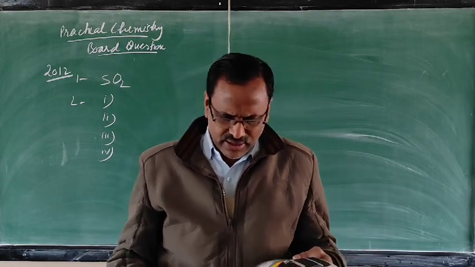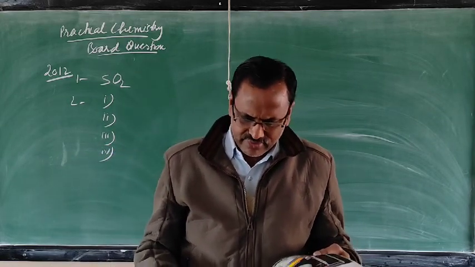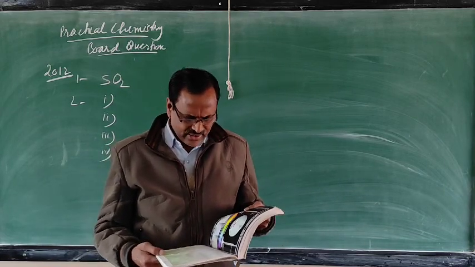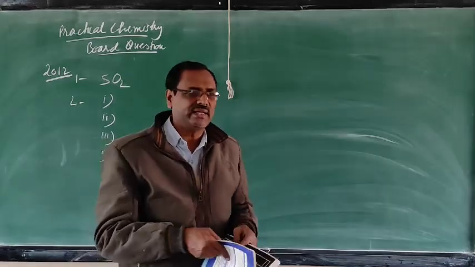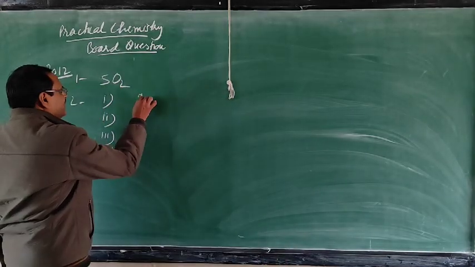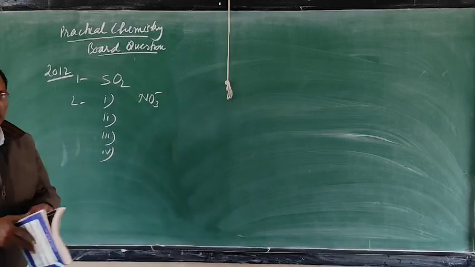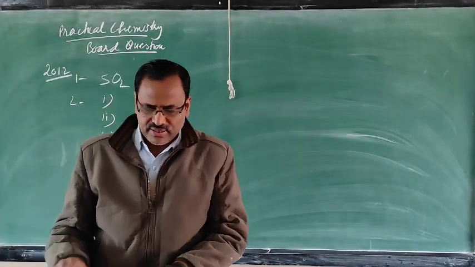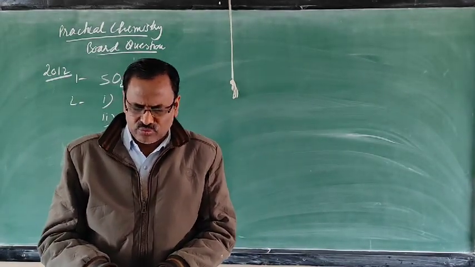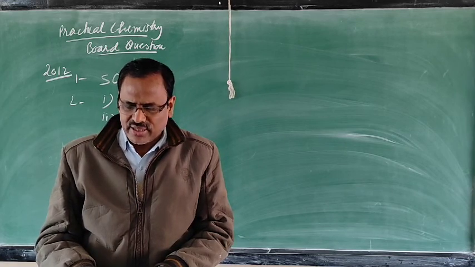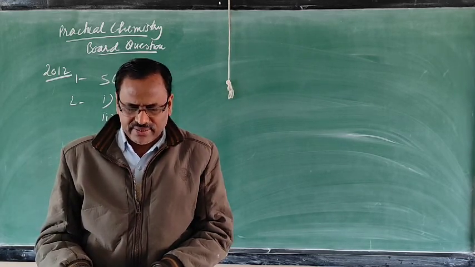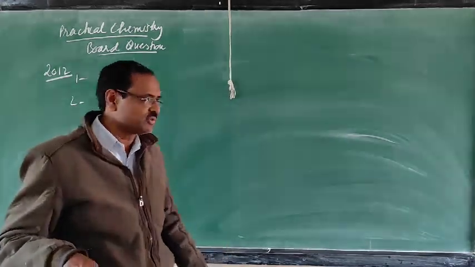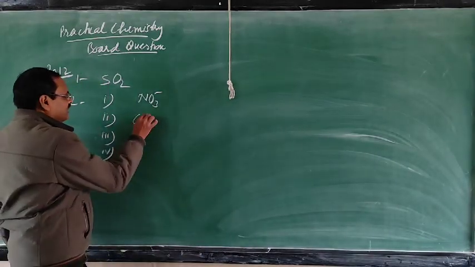First information: compound reacts on heating with copper turnings and concentrated sulfuric acid and liberates a reddish brown gas. So a reddish brown gas is coming, so nitrate is there, because only nitrate compounds can give the reddish brown gas. Next: when a solution of compound Y is treated with silver nitrate solution, a white precipitate is obtained which is soluble in excess ammonium hydroxide solution. So this is the chloride test, and the anion will be chloride, Cl negative.